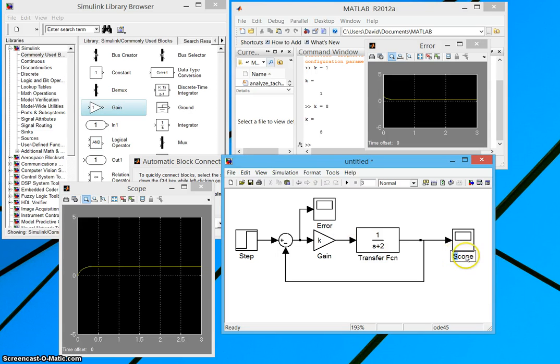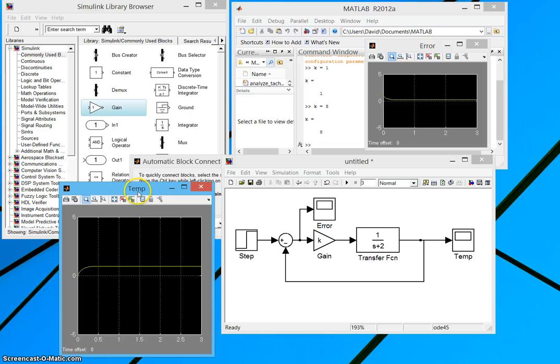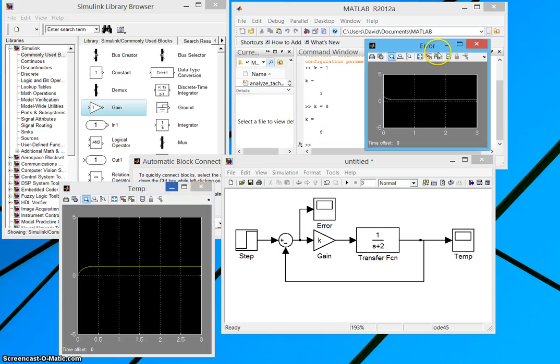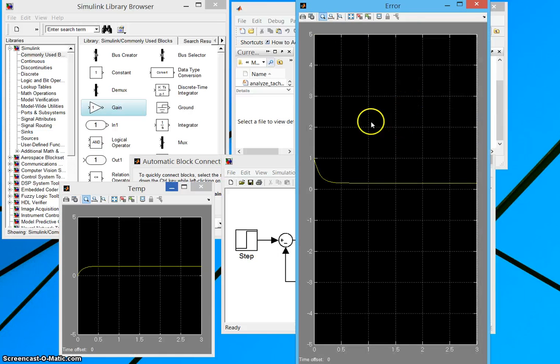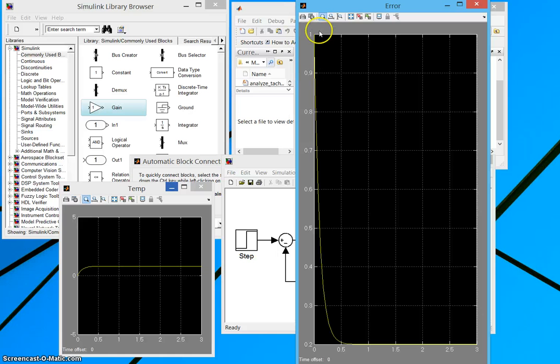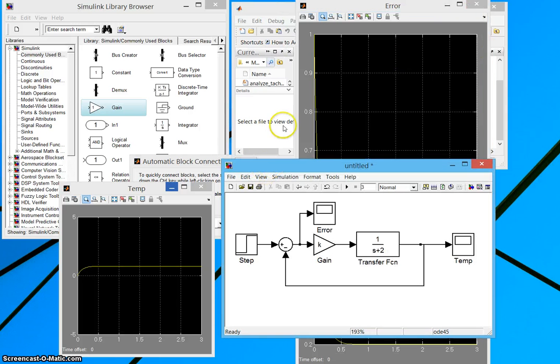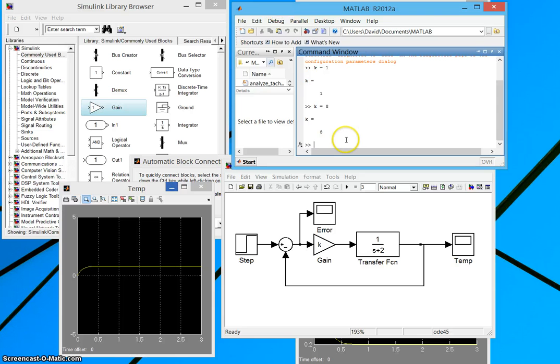Let's say we're imagining it's temperature, right? So we could call this temperature. And now that changed the block here. So it says temp here on the display, and it says error here. I'll make these a little bit bigger. Anyway, there it is. So you see what happens is that the error starts out at 1 and it goes down to 0.2. And in fact, if I make the gain larger, if I come over here and make K equal 50,